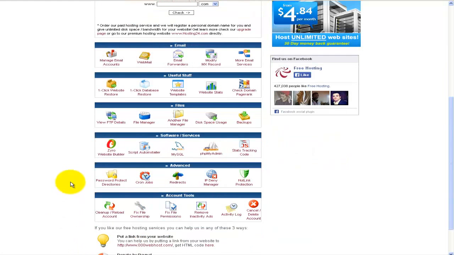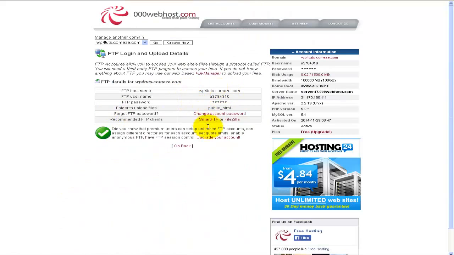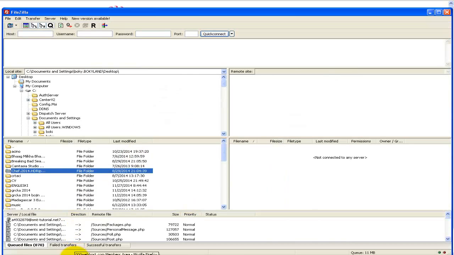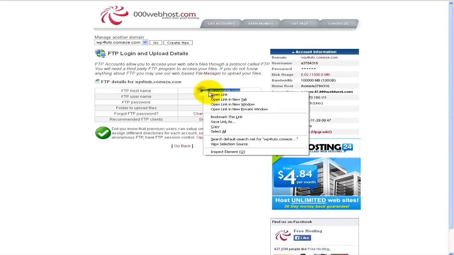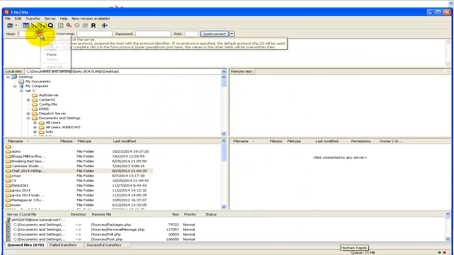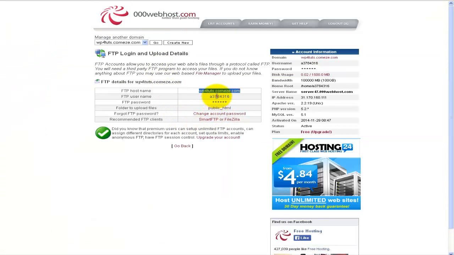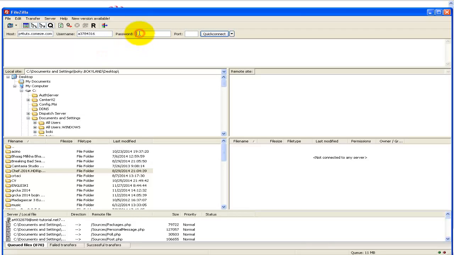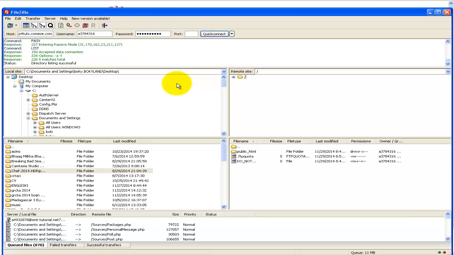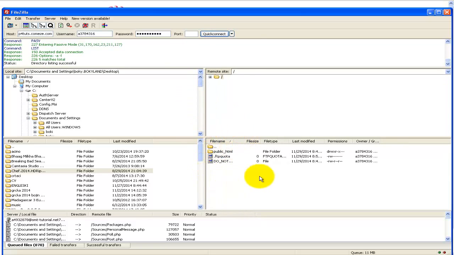let's go back to my cPanel and view all the required information. So this is the information I'm going to need. I'll fire up FileZilla. Alright, and I will use this information here to actually log in. So I'll copy it and paste my host. I'll do exactly the same for the username, and I'll go ahead and type in the password. I'll hit Quick Connect, and if everything is alright, I should be able to see all the files on my right hand side. And under public, I'll actually go and upload my file, and I will simply